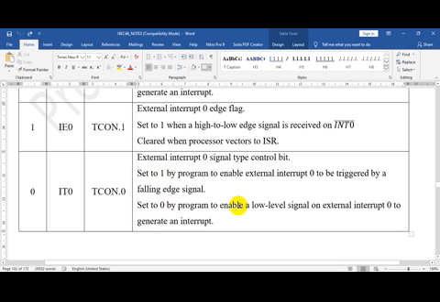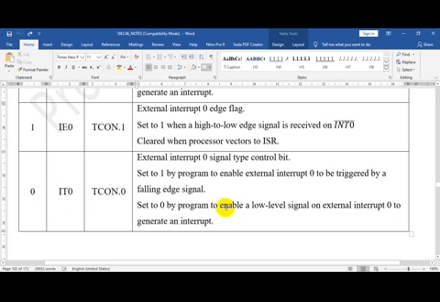And if you want to configure this for low level, then you have to set it to 0.